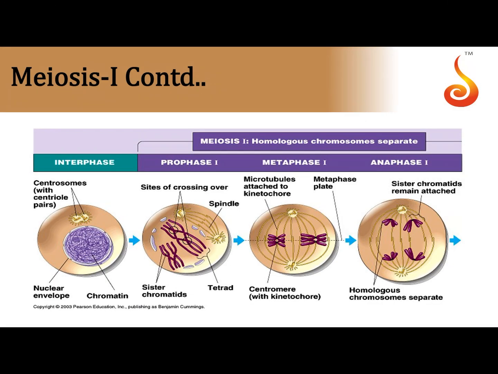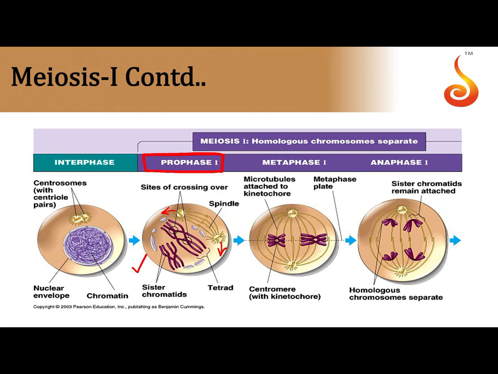So we have already discussed the first part of meiosis 1, that is prophase 1. In detail, we have discussed the 5 substages of prophase 1, that is leptotene, zygotene, pachytene, diplotene and diakinesis. At the end of prophase 1, as you can see here, the chromosomes are getting ready to be aligned into the equatorial plate, and the spindle has also quite been established by these centrioles which are moving away from each